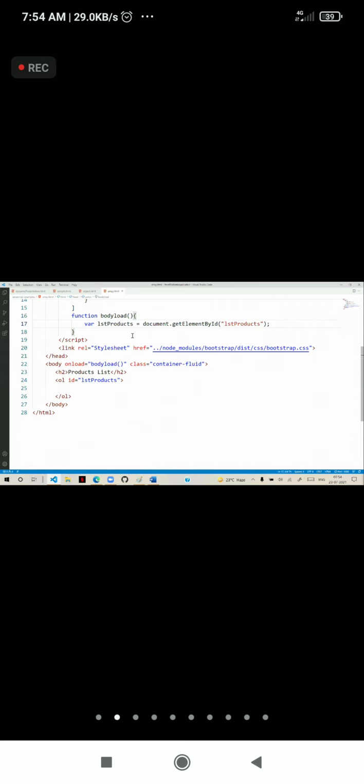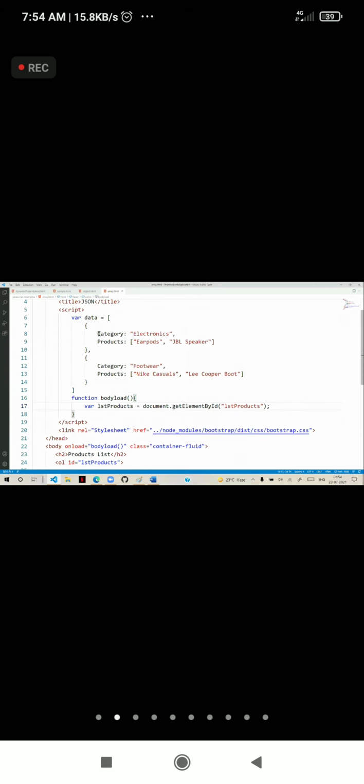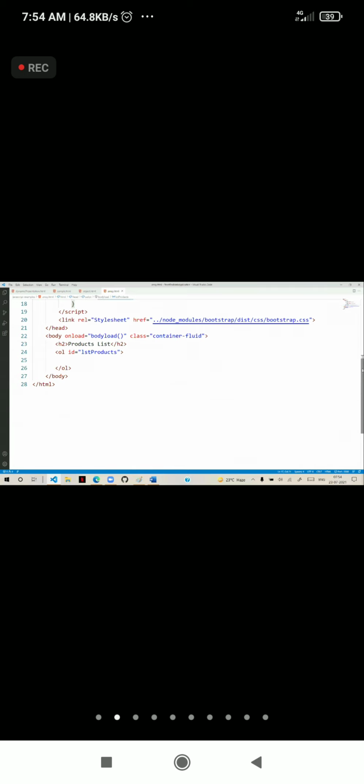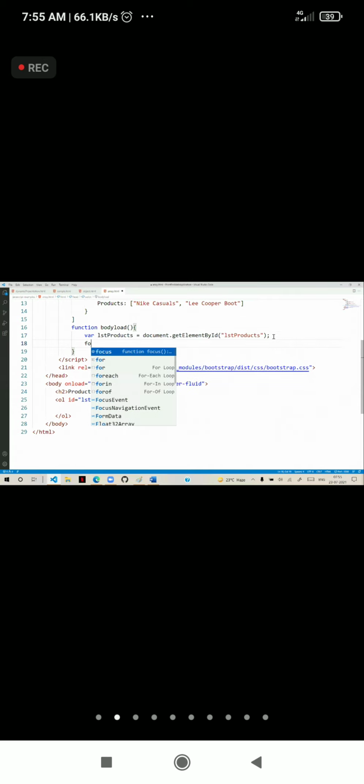Now in this ordered list, we need to generate a list item. For every category there must be a list item. So how to create a list item? We have to write a for iterator: for var item of collection data.